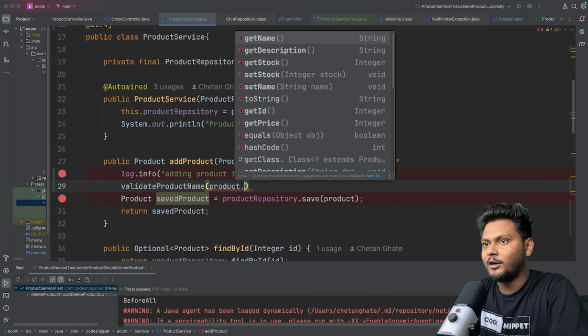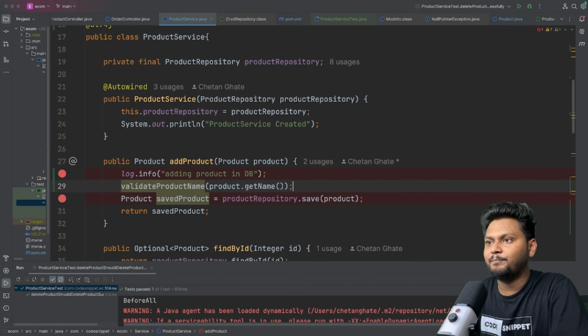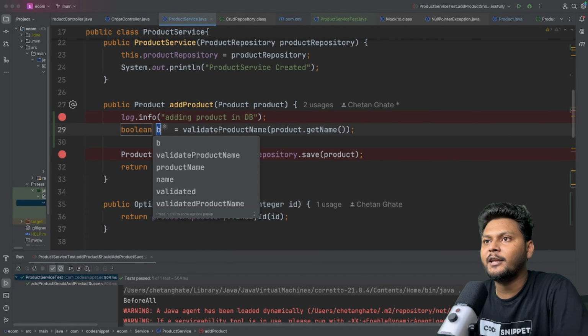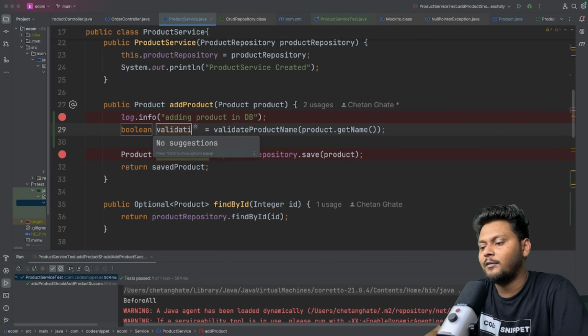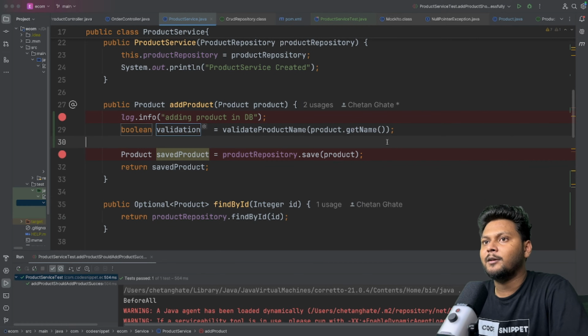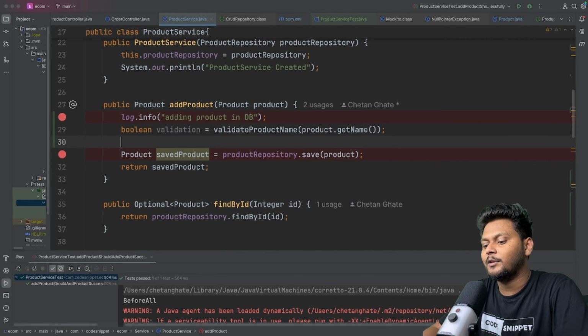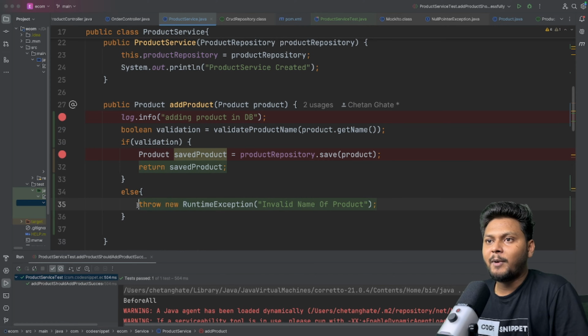And what I will do, I will do product.getName. I will just pass it over here, and that will basically just validate, right? I will just catch the output in a variable, let's say validation. Now if validation is true, then only I want to save the product. If the validation is false, I'll just throw an exception. So in the else part, I'm just throwing an exception that this is an invalid name for this particular product,